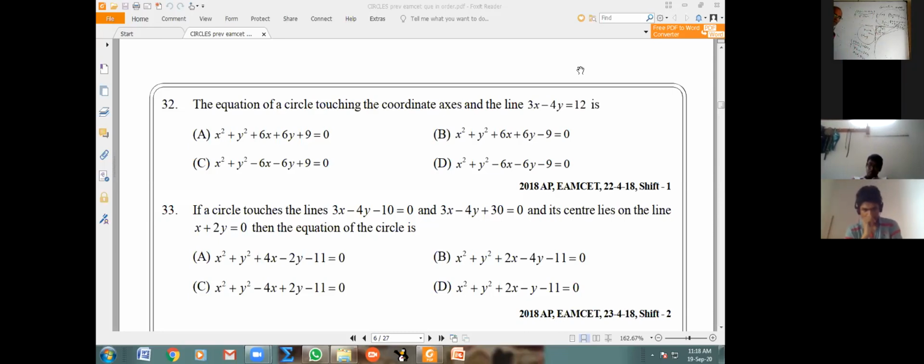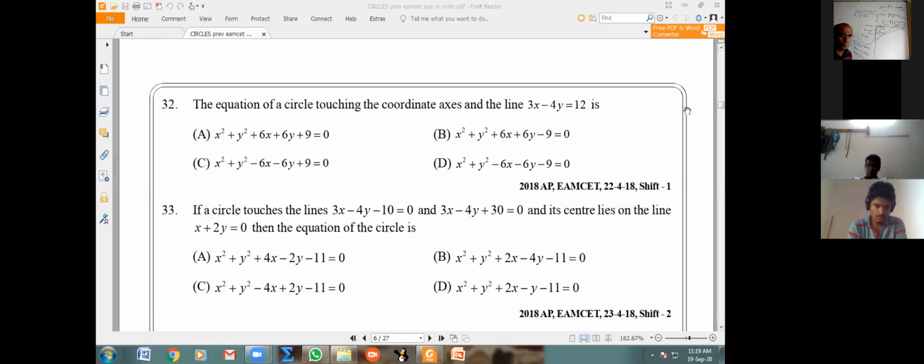Okay. So apart from verifying from the options, if you want to do it subjectively, if you take center as r comma r, radius mod r, and from the center the perpendicular distance equal to radius to the line you apply, you'll get two values of r. One is in the first quadrant, one is in the third quadrant. If you want to cover second and fourth quadrant, take center as r comma minus r, radius as mod r. Is it okay? 32, everybody?